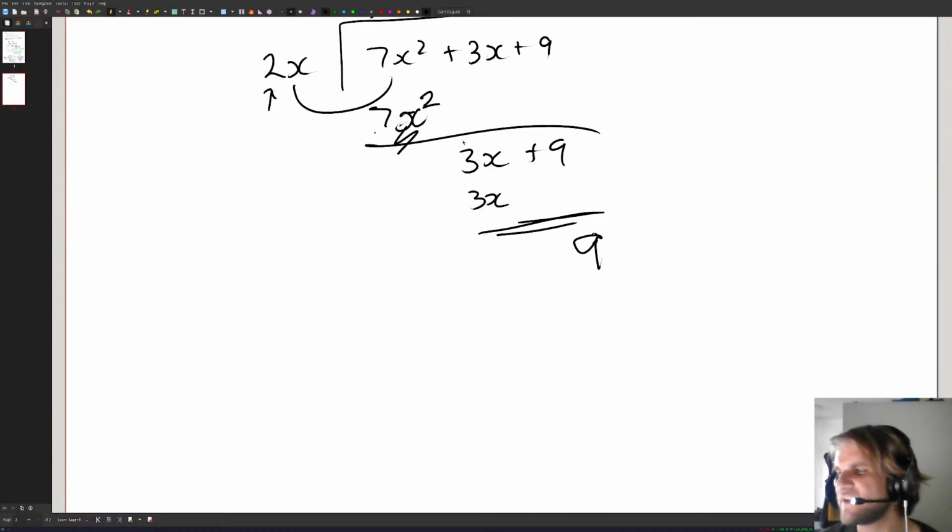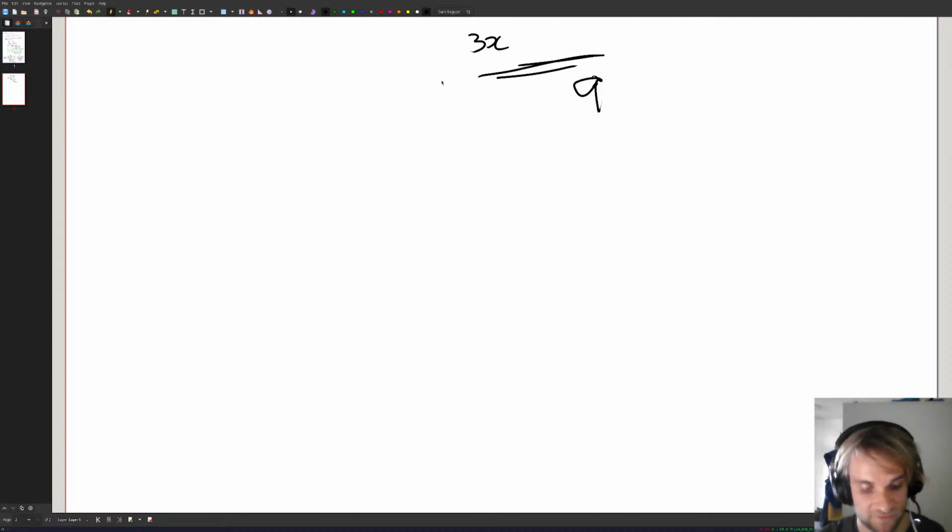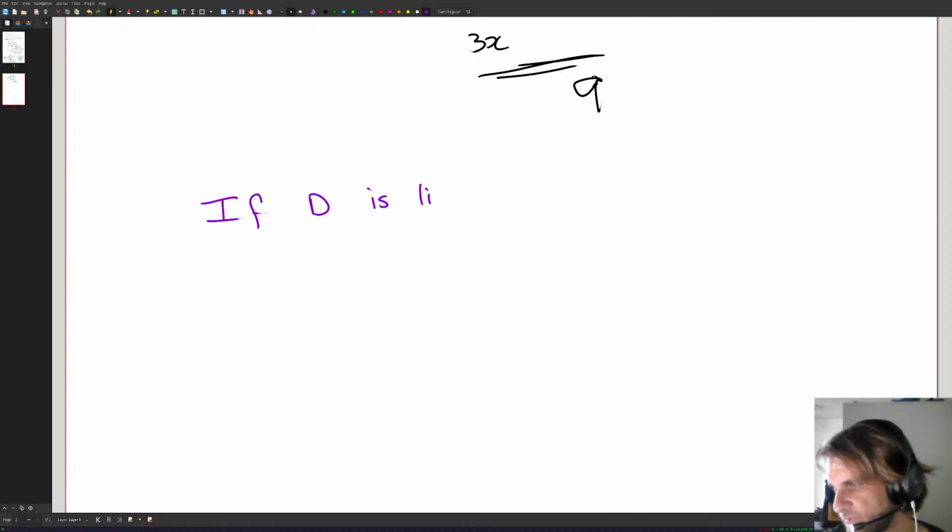We can probably say something about what the possible remainders are when you interpret this as some integer divided by some other integer. Now the trick here for this question actually is the fact, I don't know what it's called. It's not the factor theorem. It's like the remainder theorem or something. So why they substitute is that if d is linear, i.e. the degree of d is 1,